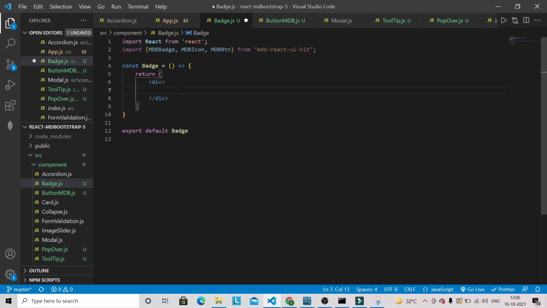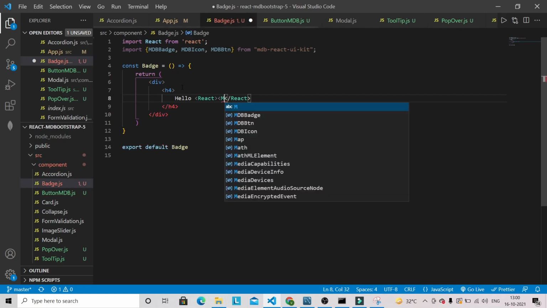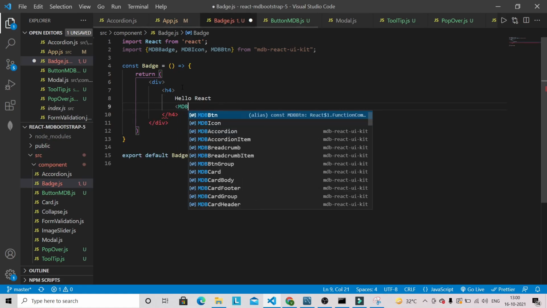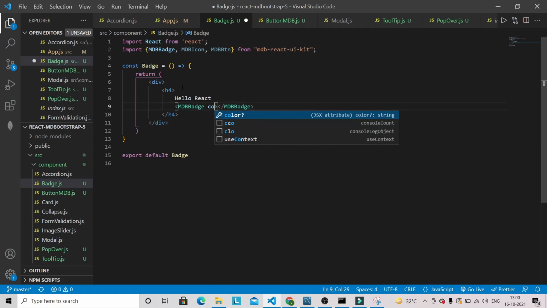So let's write one h4 tag here. In h4 tag we will have hello React, and then let's define our badge, okay. So MDB badge, and then we can give here color. So color, if you are not specifying a color, then it will take a primary color, okay.